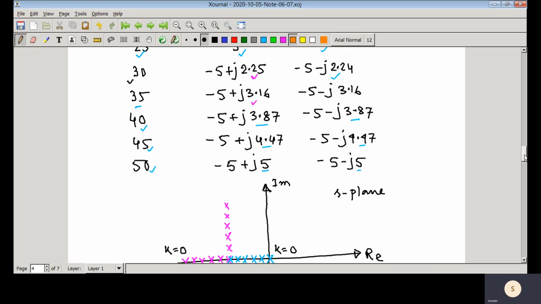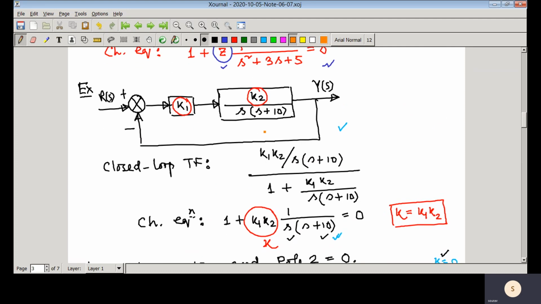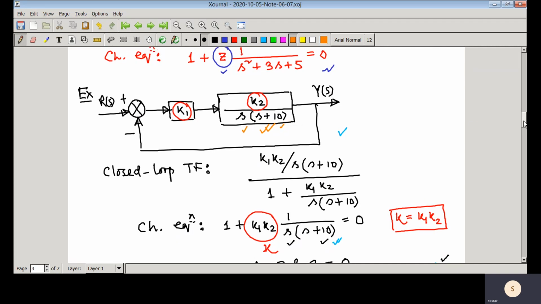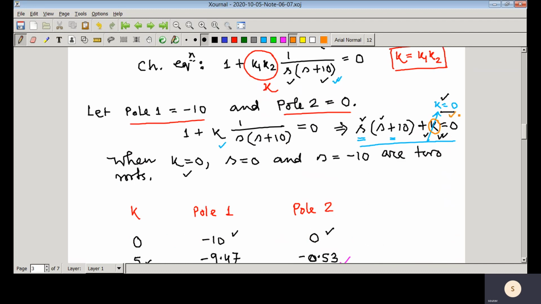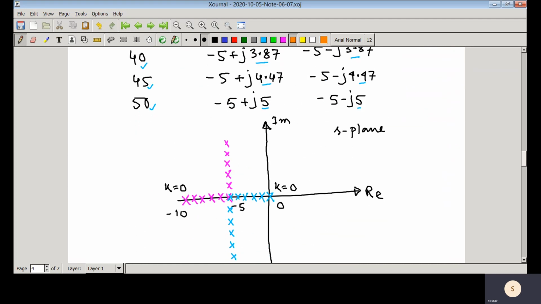So open loop poles means, if you look at here, this is that open loop transfer function, and open loop poles are at 0 and minus 10. Here 0 and minus 10. And when k equal to 0, we have seen k equal to 0, so s equal to 0 and s equal to minus 10. So that means